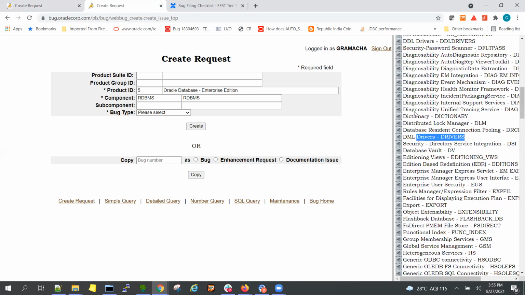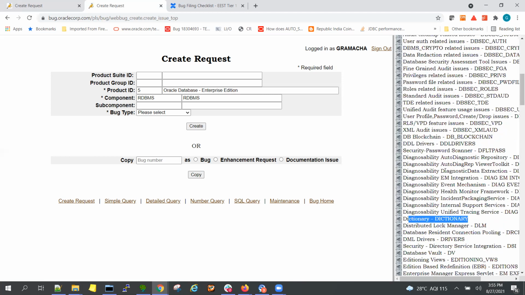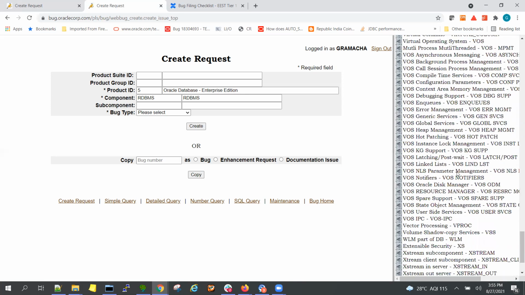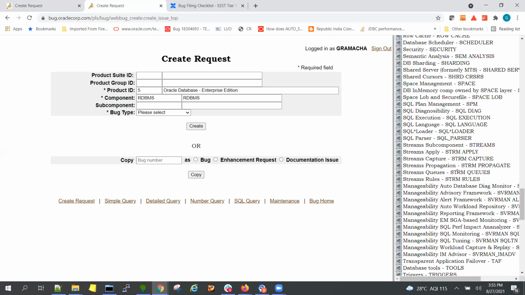Anything DML related or dictionary related issues we can use here. A lot of things are there, so for the time being, I'm just selecting query optimizer.